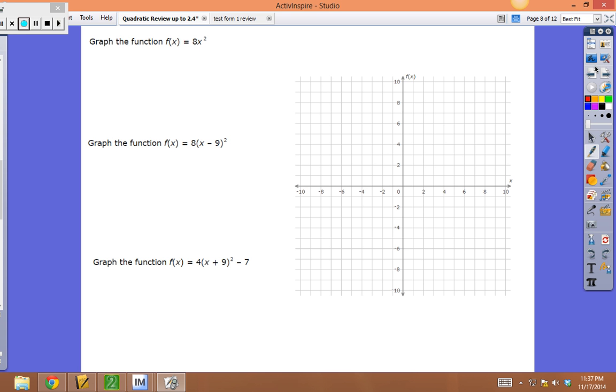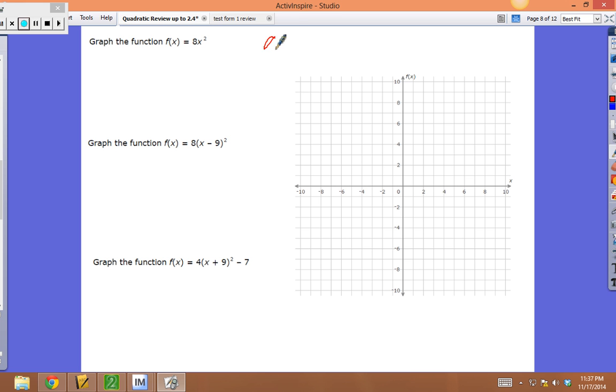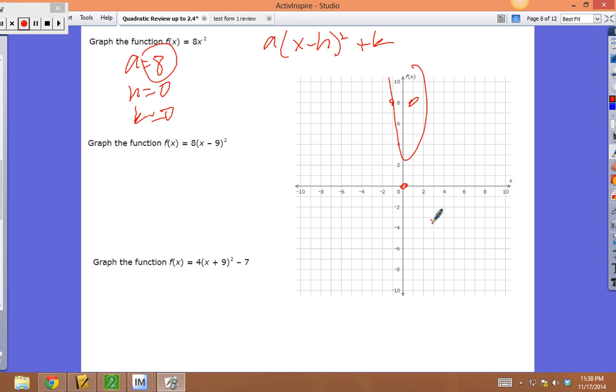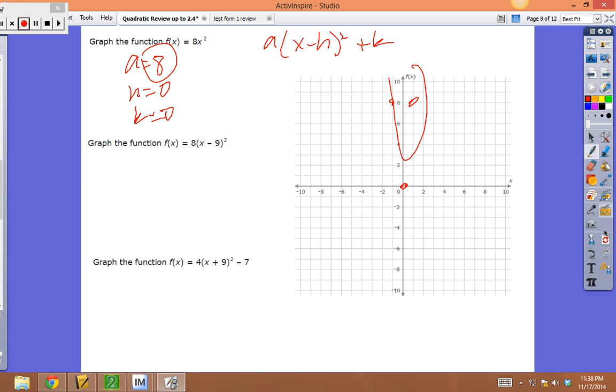Okay, graph the function 8x squared. I'm going to use vertex model, a times (x minus h) squared plus k. My a is 8. My h, there's not one. My k, there's not one. So 0, 0 is my vertex. From my vertex, dilation is 8. So I'm going to go up 8 over 1. And there we go. It's kind of a bad connecting of the dots, but